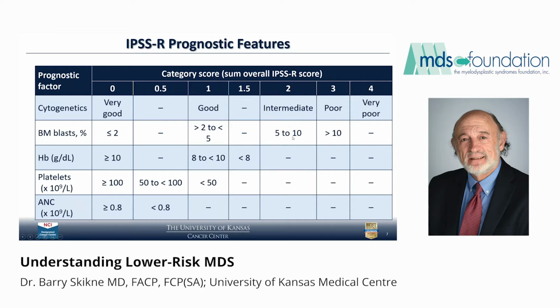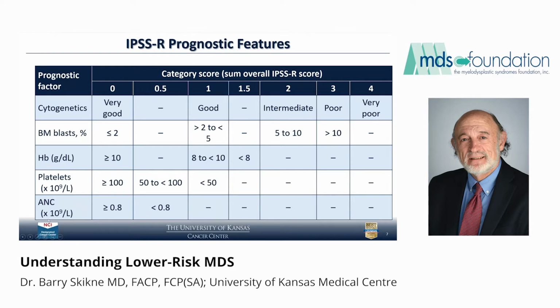So for instance, if a patient had between 5 to 10% blasts in the bone marrow, he'd have a score of 2 again. So if they had intermediate cytogenetics and a blast count of 5 to 10%, then this person's score will be 4 already, before now looking into the hemoglobin level from the blood count,